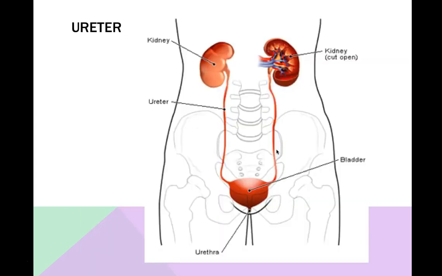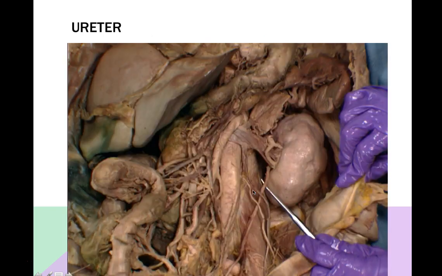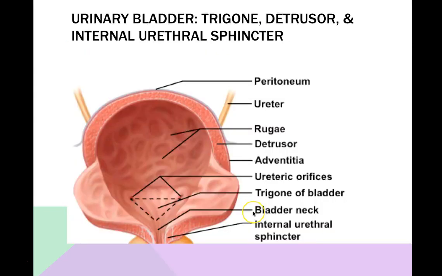Leaving the kidney, we will have urine that will go into the renal pelvis. We will find this right in the area of the hilum, and that leads into your ureter, which will bring that urine down to your urinary bladder. So let's pick up over there. Here's your ureter once again that you will find in the posterior abdominal cavity. Notice how it is traveling over this big muscle here known as your psoas major. Once it gets to your urinary bladder, you will have orifices in which the urine will move from the ureter